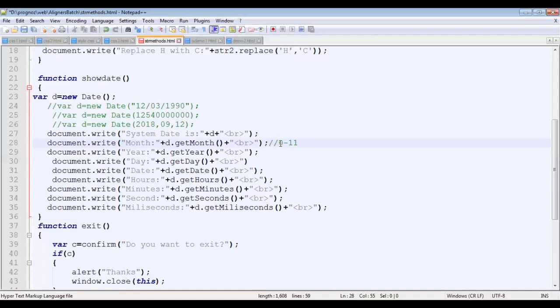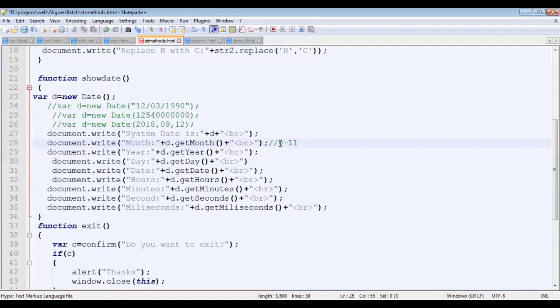Then getDay. You can see there are 2 functions I have given: a getDay function and a getDate function. The getDay function allows us to return the weekday number. It can be 1, 2, 3, 4, anything. And the getDate function allows us to return the day of the month, which means the current date.